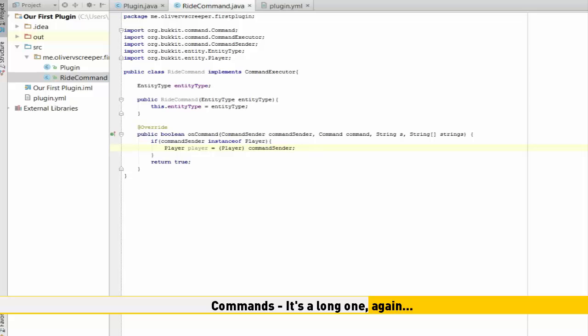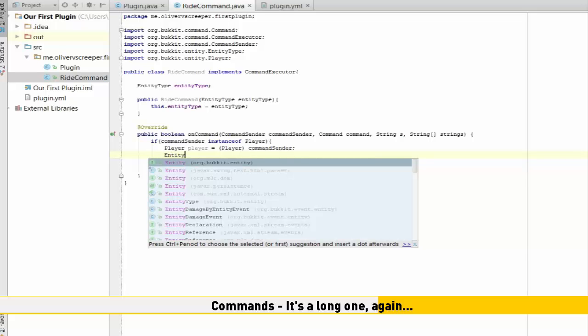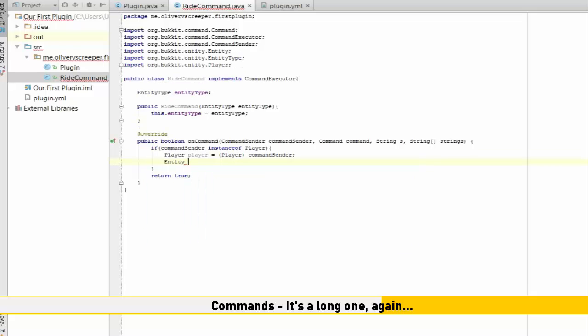We're actually going to make this into a variable because we want to be able to access this later so that we can make the player ride it. So to do this, we do the following. We get the player's location. Actually, before we do that, we need to specify our variable, so that's entity. Notice how rather than using entity type, I'm using entity because we're not having a container this time. We're actually having the contents. And inside entity, we're having the name for that entity, and the name for this entity, we're just going to call entity. I'm going to set this equal to player